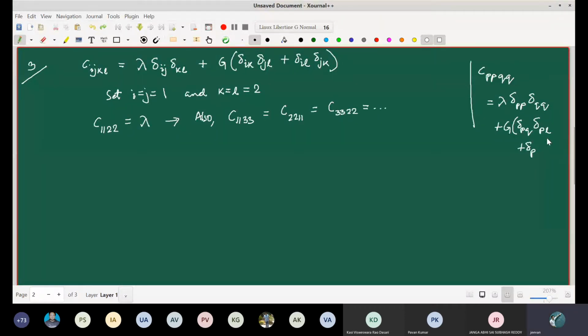So this will be what? PQ. Okay, so basically twice of that. It doesn't really help us. You have this 3 lambda plus twice g delta PQ. So we cannot eliminate any of the terms using this. That's why in the question it is said that you have to take specific values of this and then write this down.